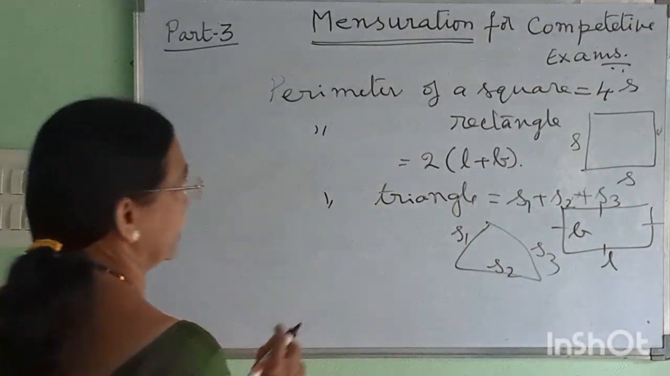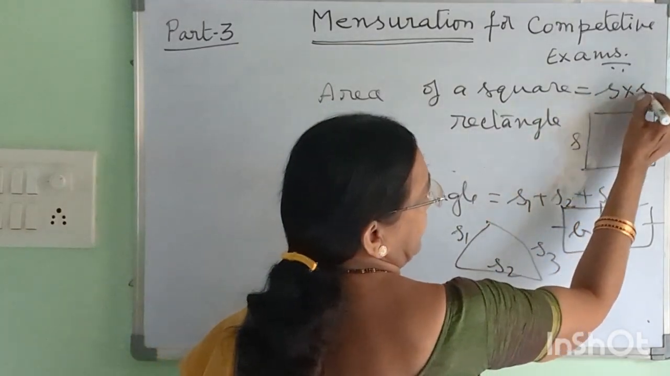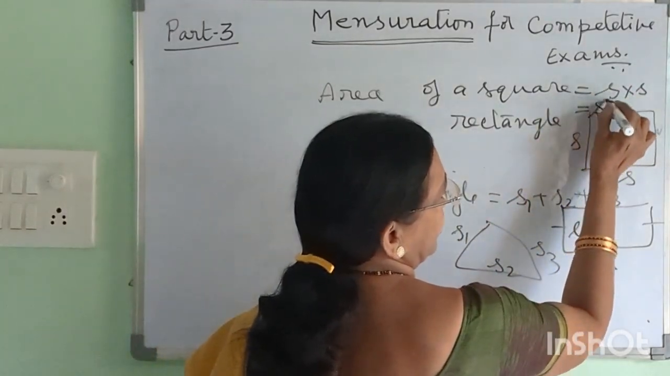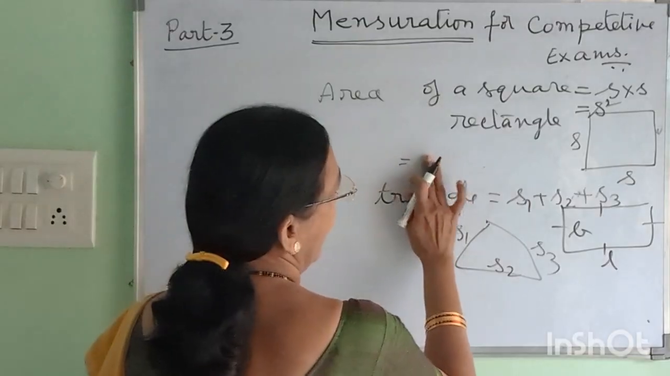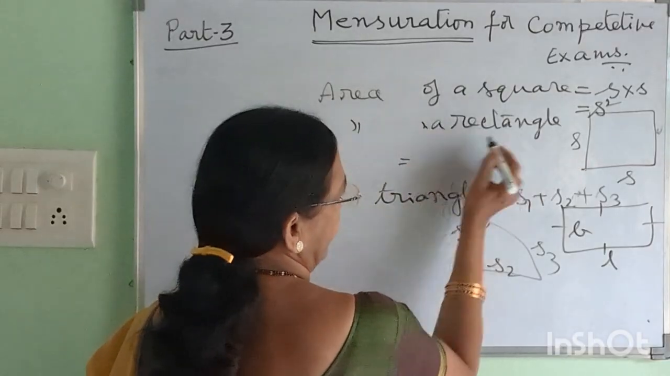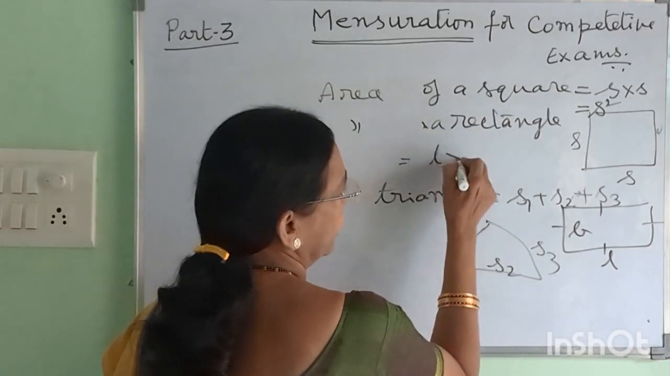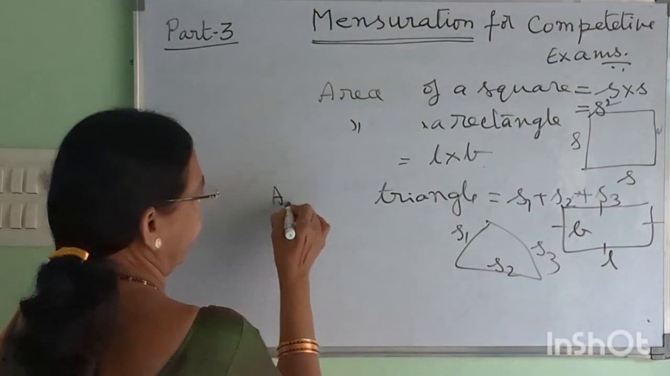Now areas. Area of a square is equal to S into S. That is equal to S square. Area of a square is equal to S square. And the area of a rectangle is equal to L into B, length into breadth. And the area of a triangle,